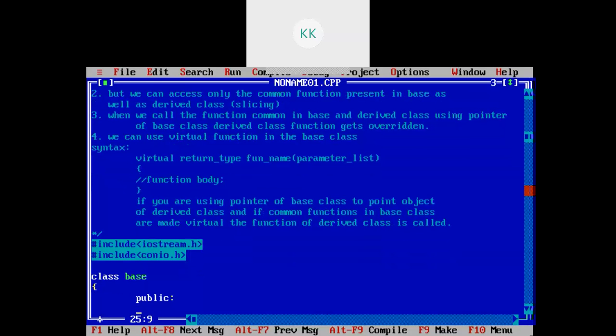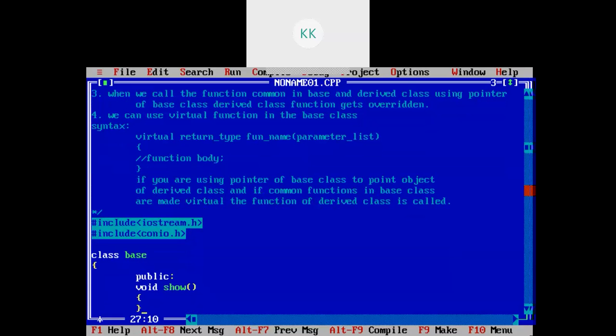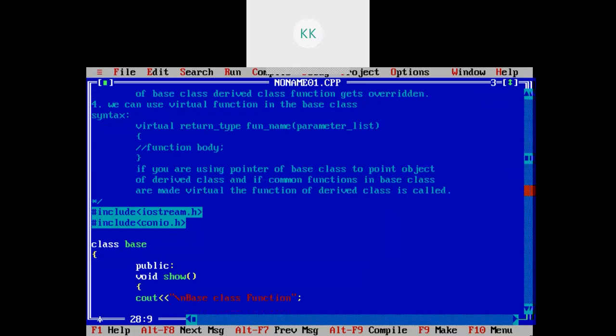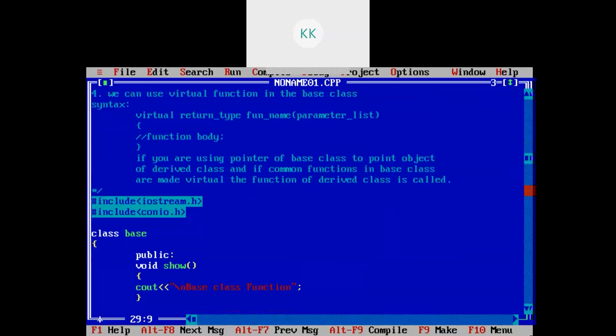So first we will try to write a simple function. cout base class function. That's it.